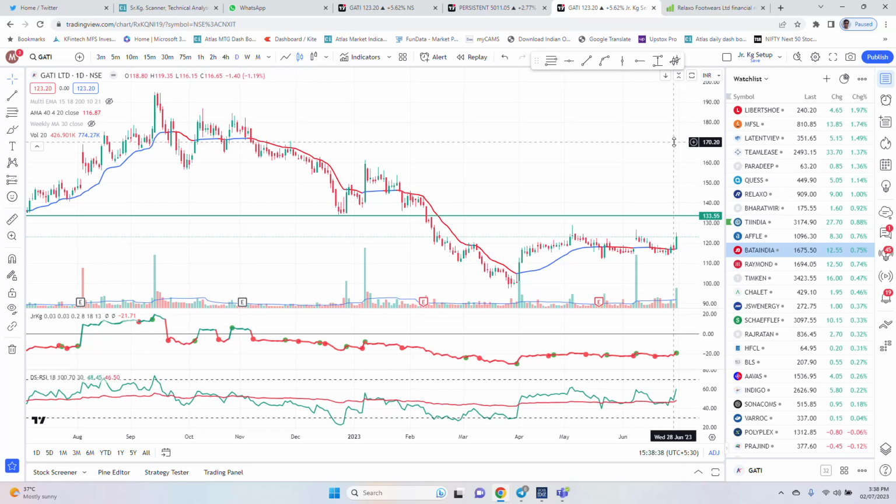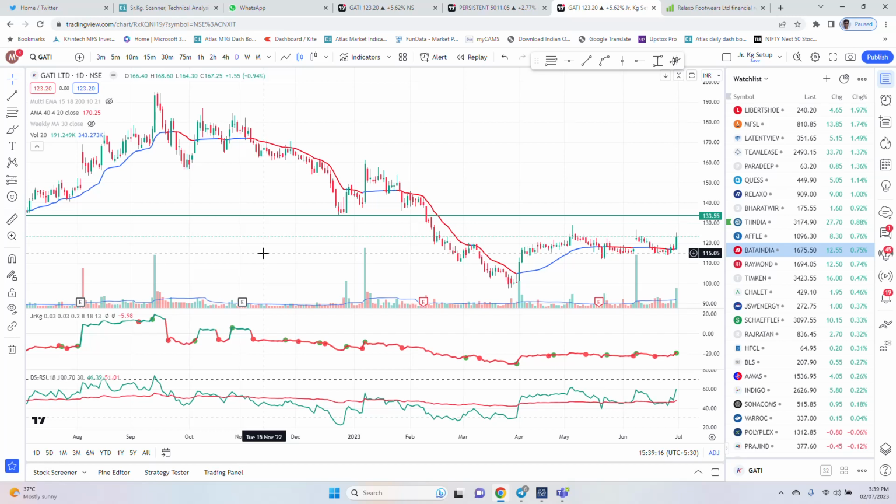So first of all, junior KG and senior KG, the name of these strategies, the only logic behind that one was that these strategies are so simple and easy to use for any individual. Those strategies are made in such a simple form that any kid who is in junior KG or senior KG can understand and do the trading. So that was the analogy behind putting this name on these strategies. So let's discuss first about the junior KG